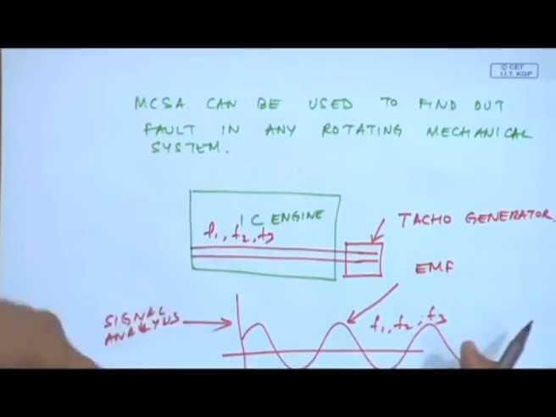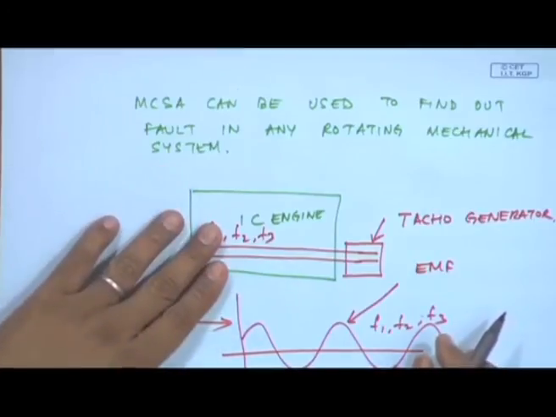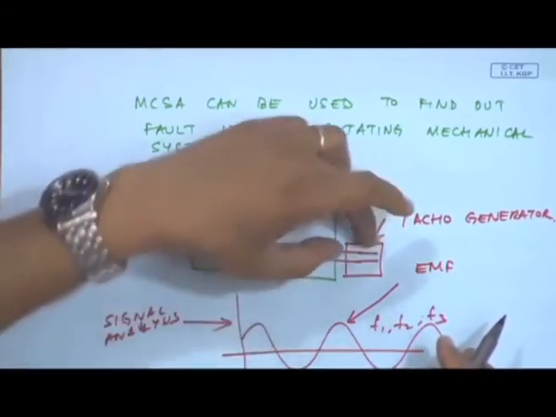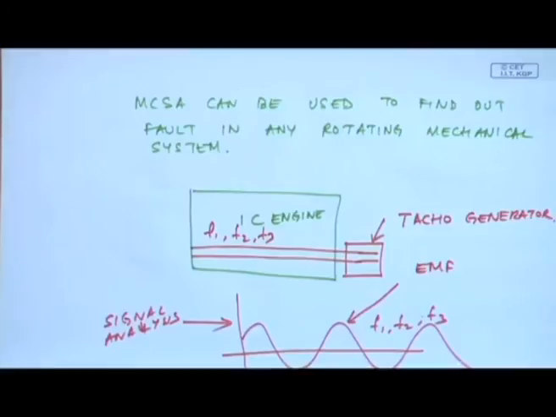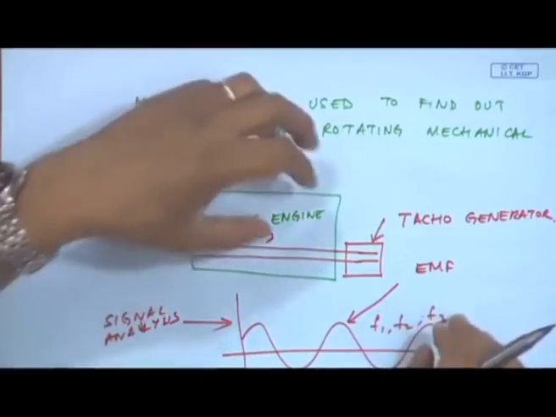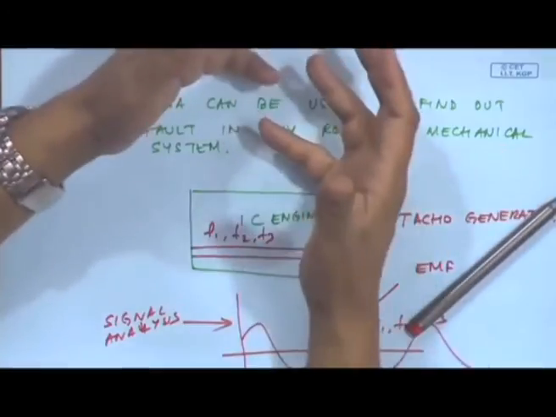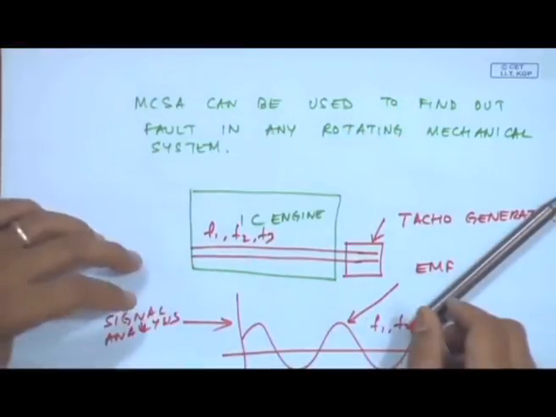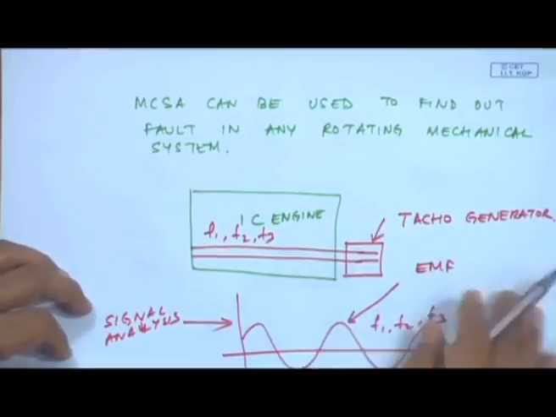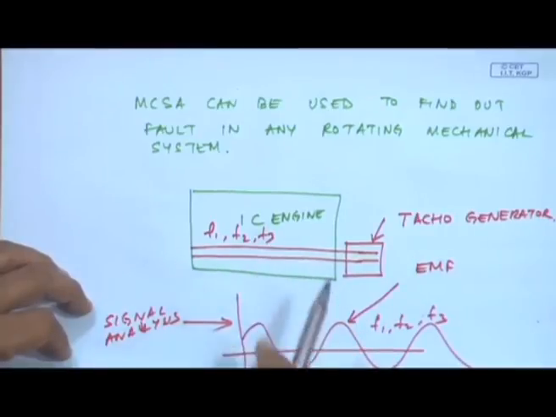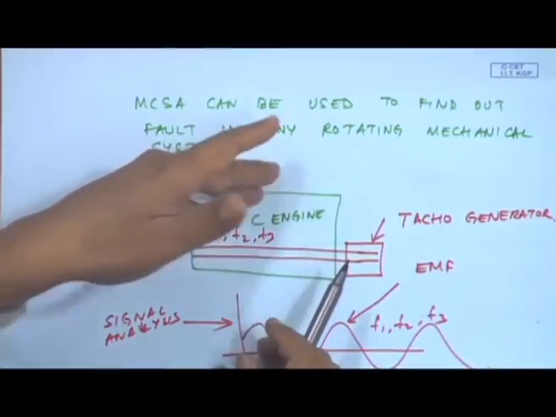In fact, we in IIT Kharagpur have a patent on this system. This is our invention, that by using a tacho generator on any rotating system, you just attach it, and then we have used it successfully in monitoring the health of gas turbines. Okay, we have done that for the case of gas turbines, that we can find out fault in any mechanical system. It is an IC engine, gas turbine, etc.